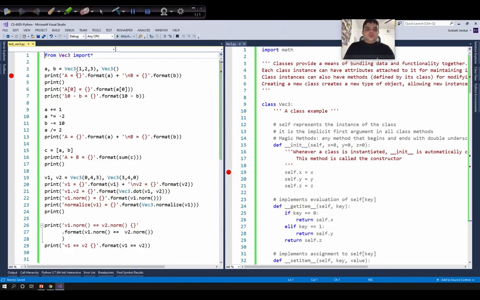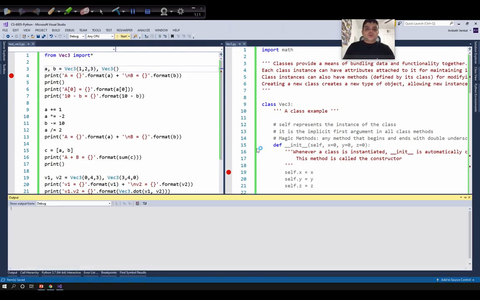Okay, so now let's look at some examples. First, I'm creating two variables, a comma b. Both of them are of type vec3. A is initialized with value 1, 2, 3. B, we're creating a new object without passing any parameters. So the default argument will be used, which is 0, 0, 0. So let's run the program. And now let's check